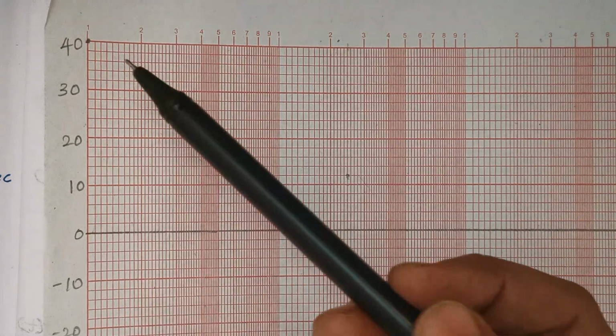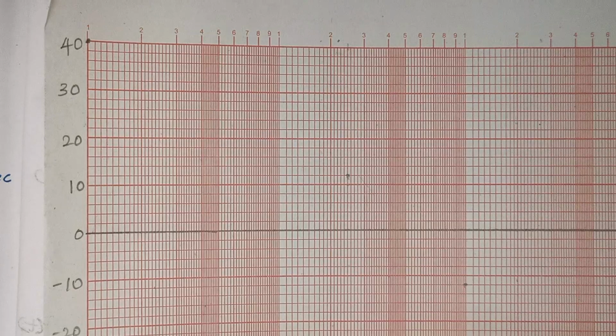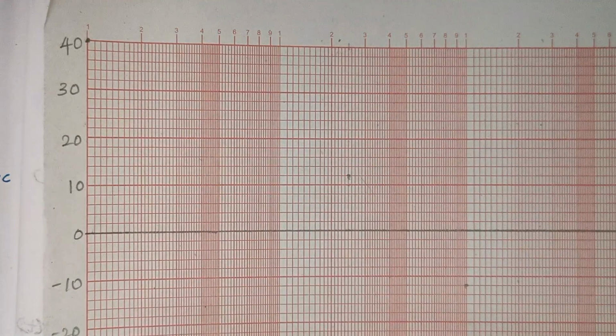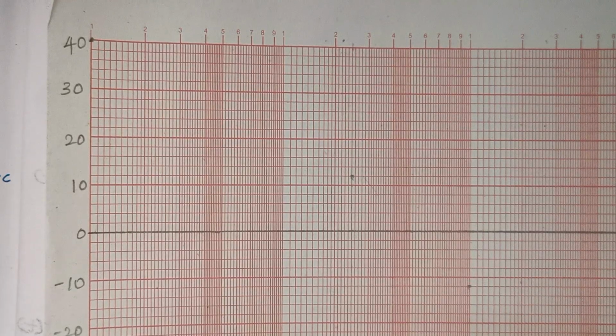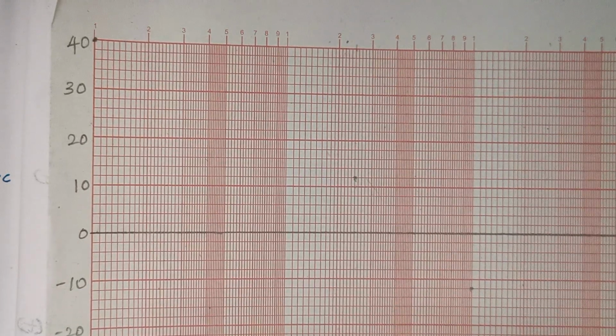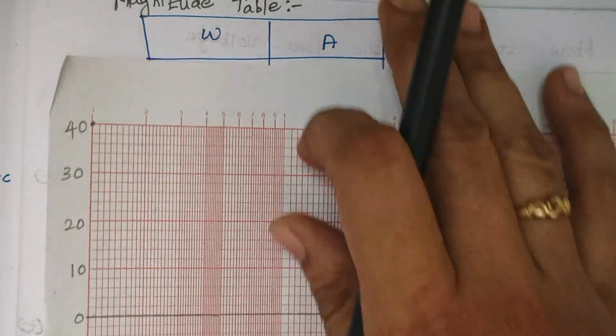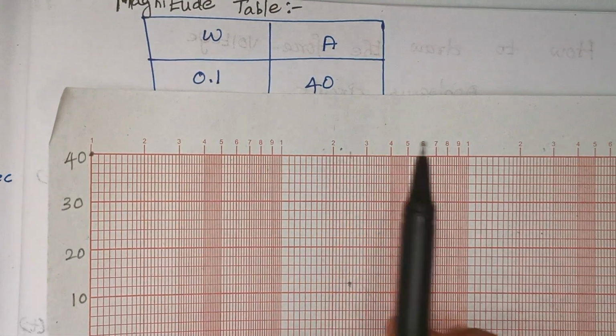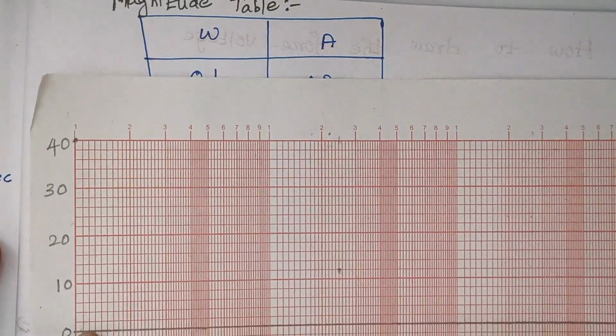Right, so here in x-axis, the corner frequencies are marked and in y-axis, the values of magnitudes are marked. Now we are going to plot each and every point. So the first point is, you see, the value is 0.1, the magnitude is 40. So here, when you look at this semilog sheet,